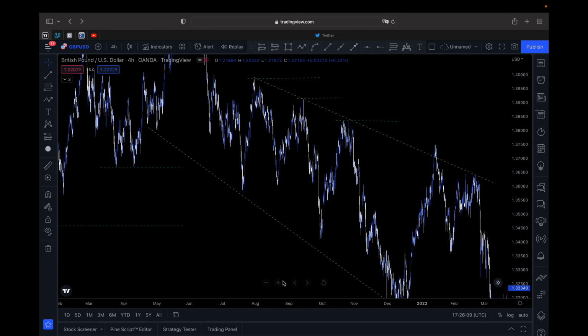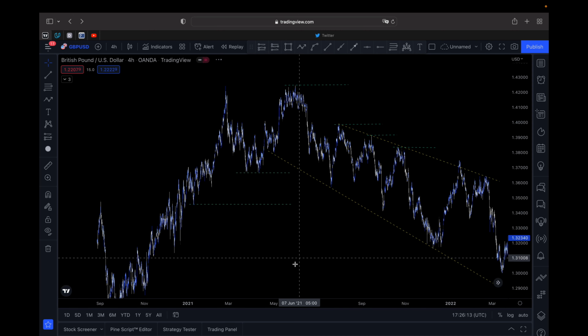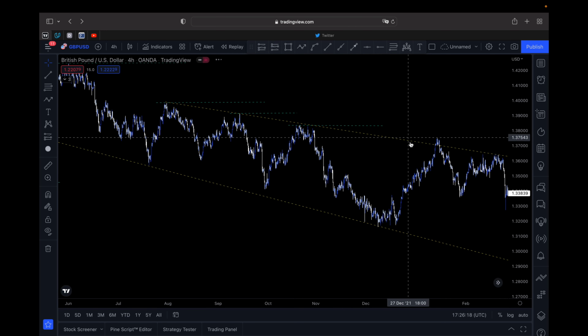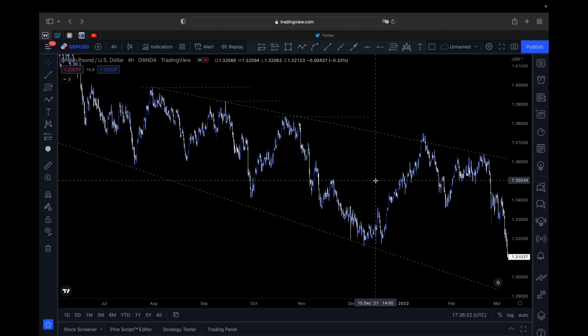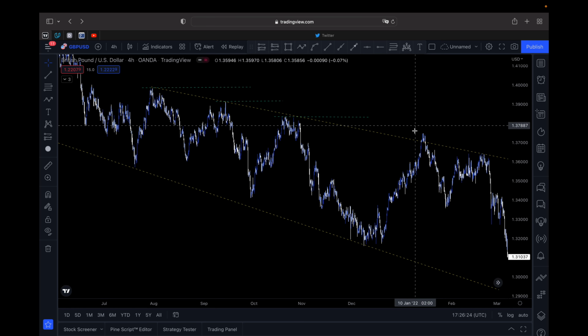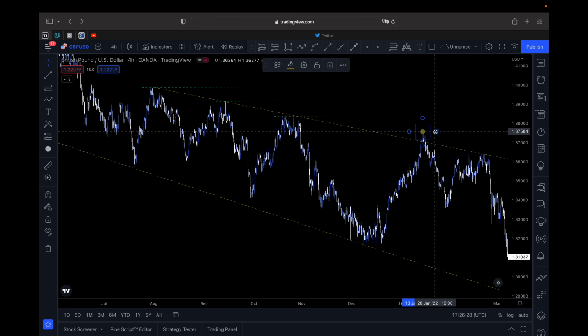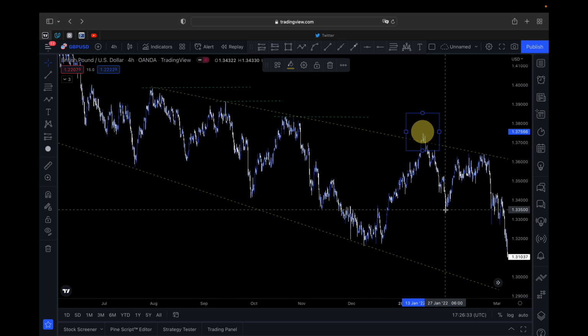So here you go. You wait for multiple touches before you confirm that a particular place is a trendline. You should note that sometimes breaks happen. For example, here there was a breakout of the trendline at this level, but price still came down